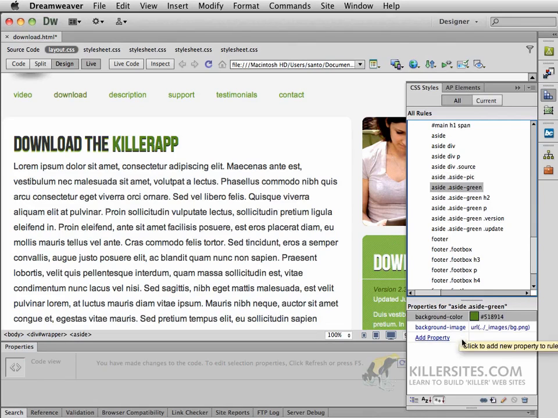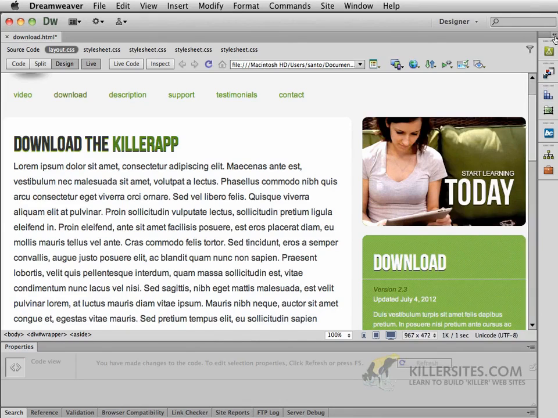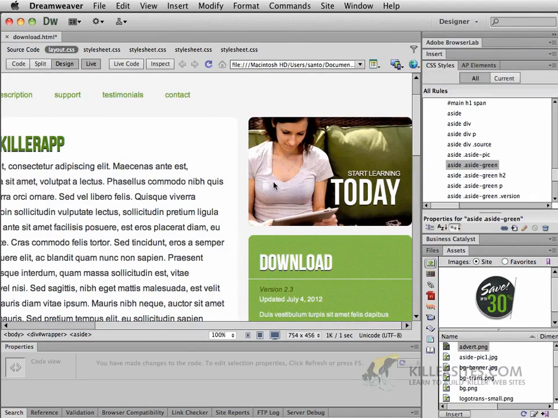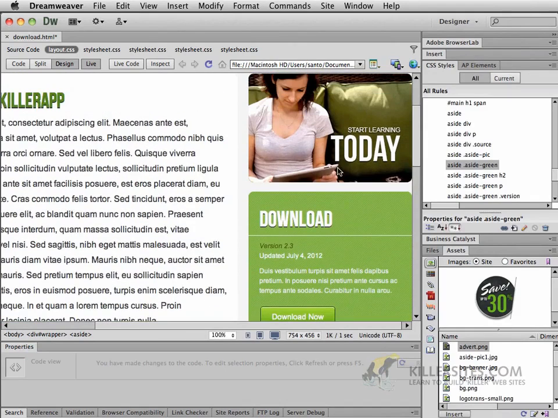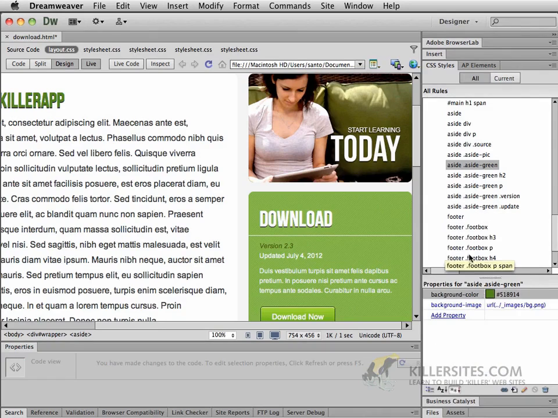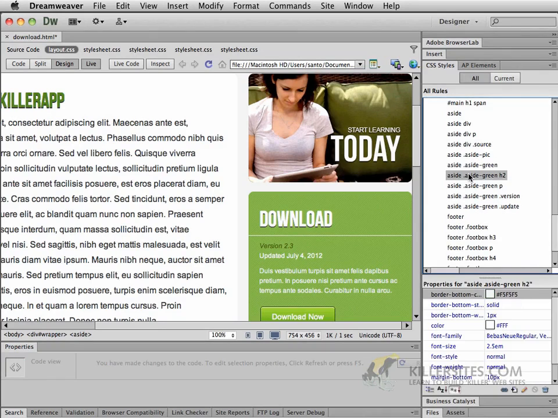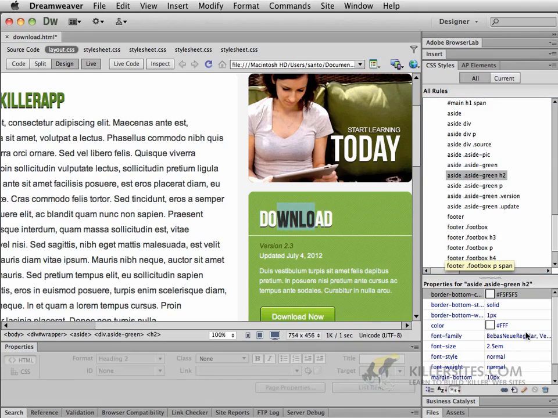We also have the aside green, which gives it the background color that we're looking for, as well as the tiling background. Just going to collapse this for a second, and I'll open it this way so I can scroll here and we can see that a little bit better. I'll collapse that so we have more room. So here we have the aside green H2,